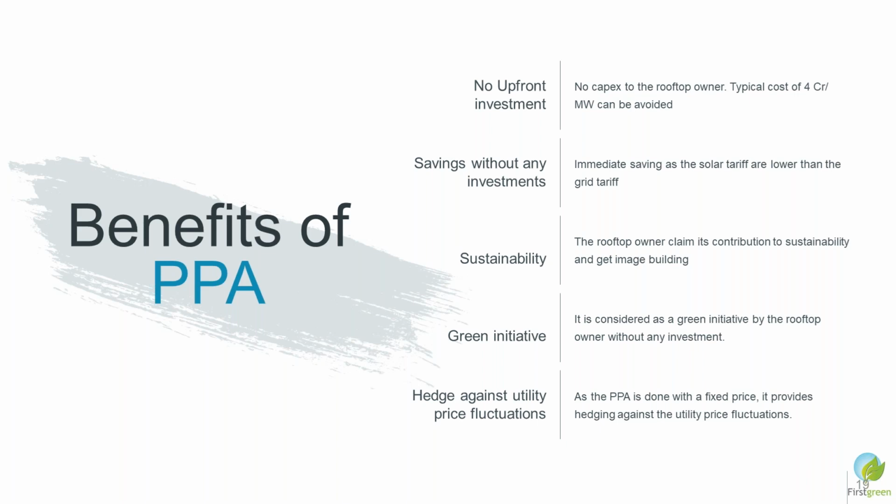If it is a PPA, then the project developer gets the advantage of accelerated depreciation in his balance sheets. But if the off-taker, the consumer, is signing the PPA at a flat tariff, then this helps him hedge against the ups and downs, or variation, of utility price fluctuations. So those are the advantages of solar project PPAs, and it is an advantage to all the parties who are associated with this as stakeholders.